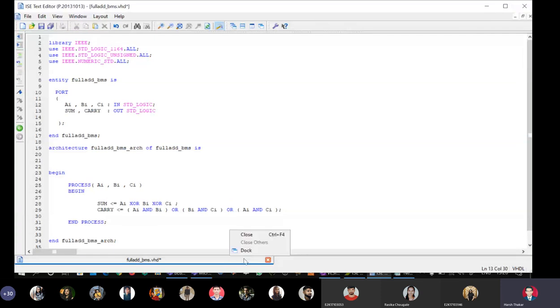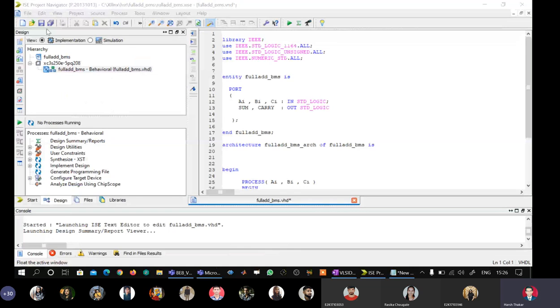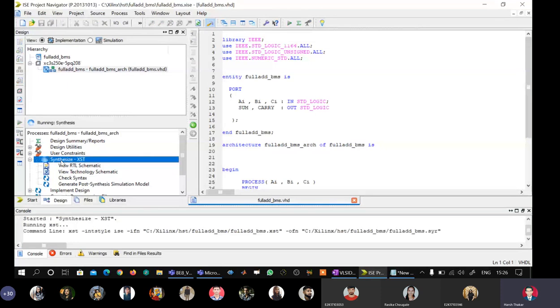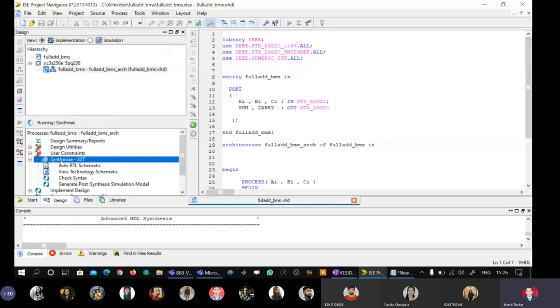So I will say save all, expand the synthesized tree, and double click this. Let us go and see RTL schematic.